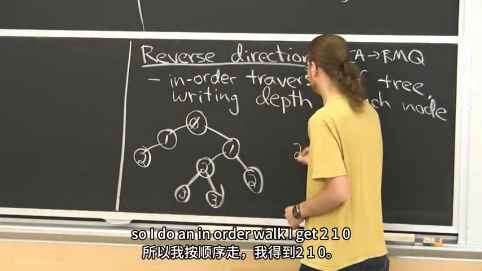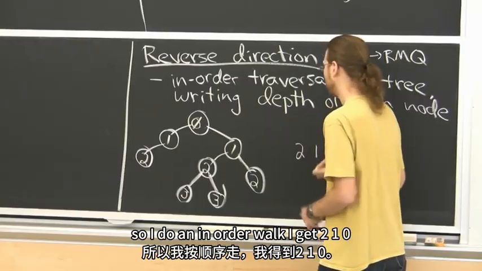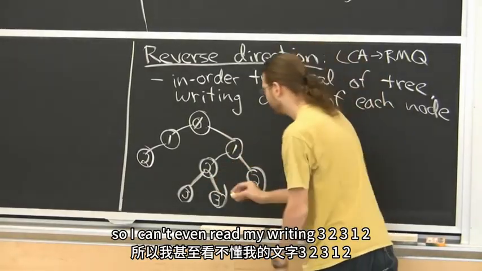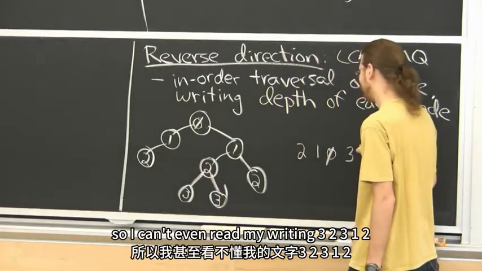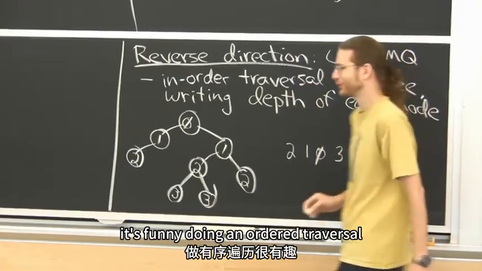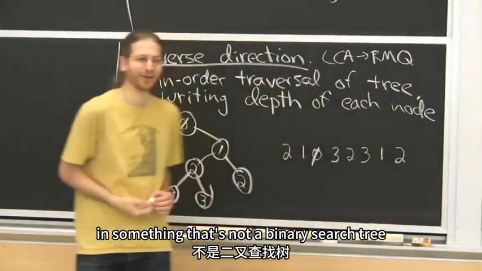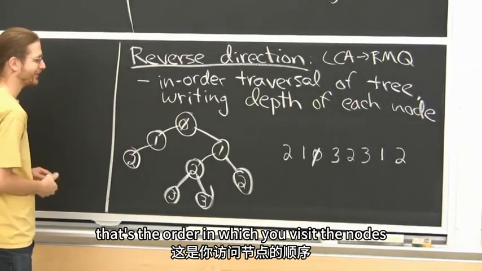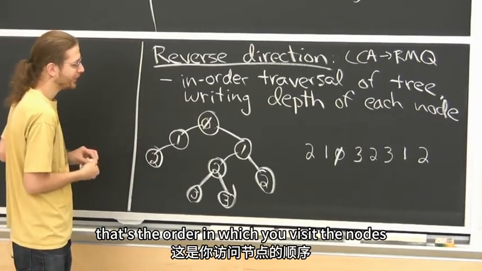I get 2, 1, 0. I can't even read my writing. 3, 2, 3, 1, 2. It's funny doing an in-order traversal in something that's not a binary search tree, but there it is. That's the order in which you visit the nodes. And